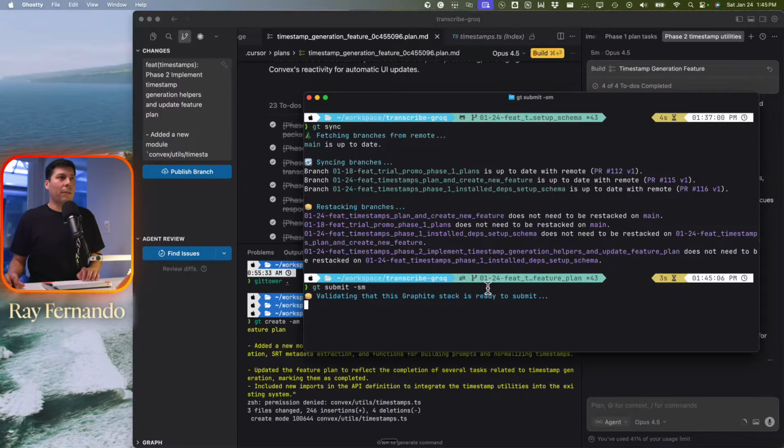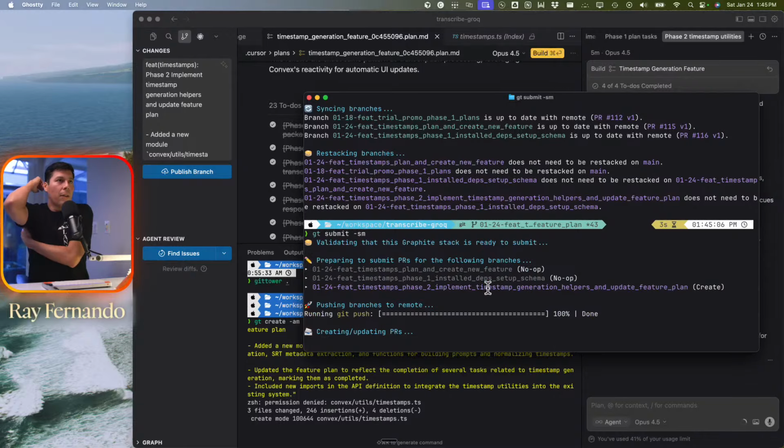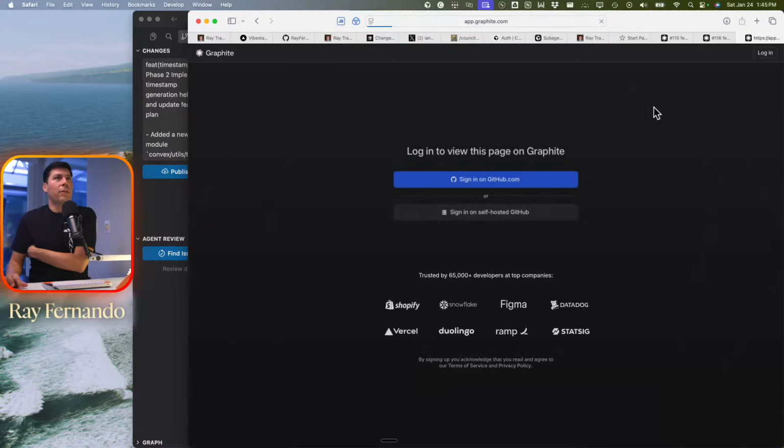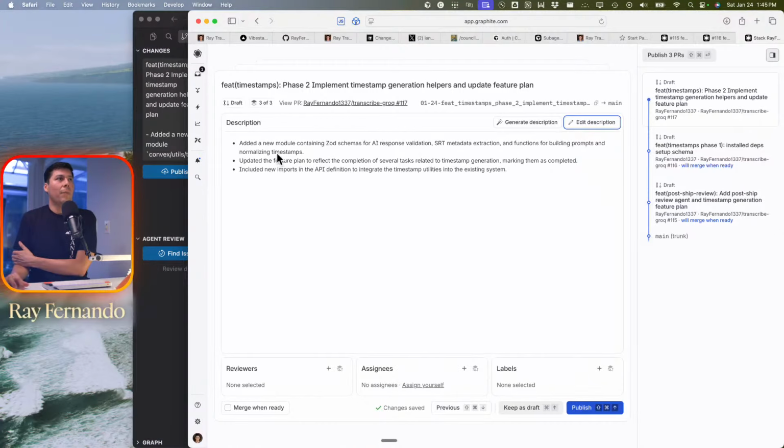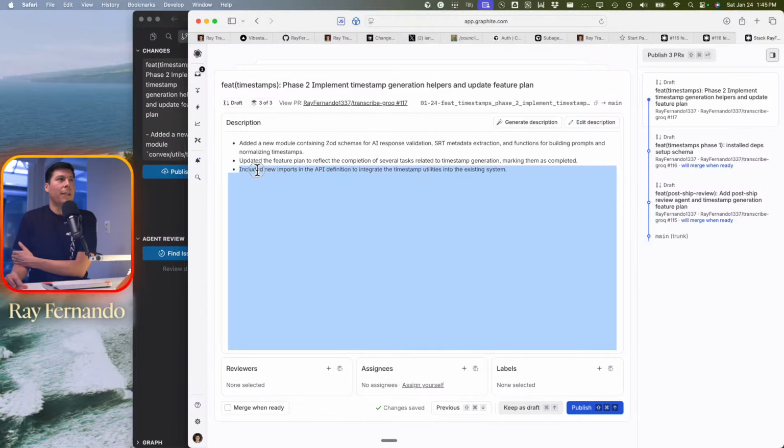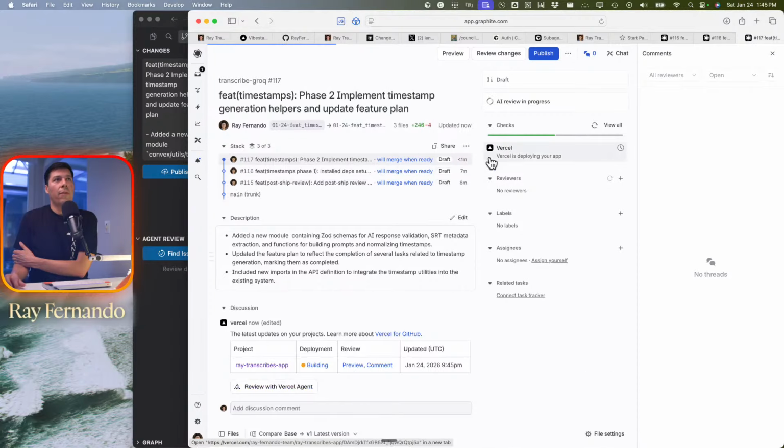So now I'm going to submit this new thing. Okay. So it's going to push up my new branch again. So we're creating another branch to stack on top. And so this is about us adding the Zod schemas and updating the feature plan and then updating the new imports API. So if we want to go ahead and review these changes, now we have our third stack here